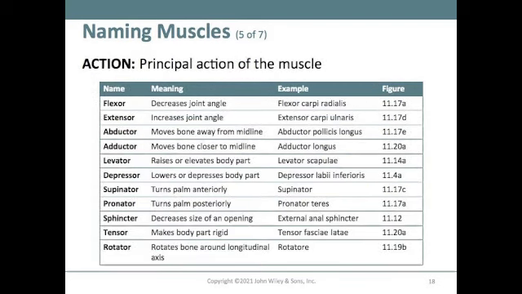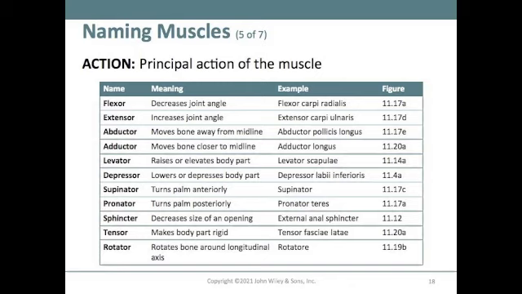Principal action of the muscle, so flexor, extensor, abduct, adduct. You already know most of these words from the part of the course that we learned at the beginning where we talked about the anatomical positions and all that stuff. So we talked about how things move. Remember supinate and pronate? We should already know all of those terms. And then if you can just remember those terms and apply them when you see the name of a muscle,